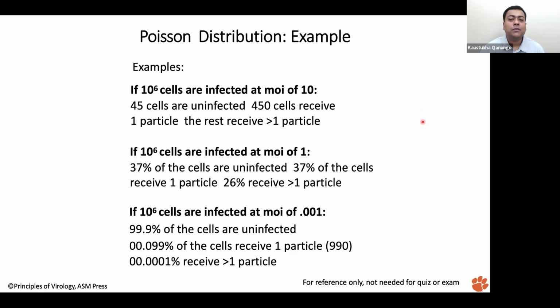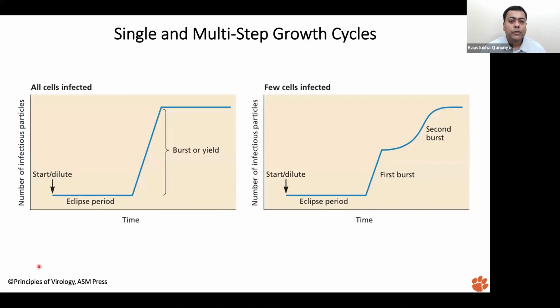So here is a question, who can answer this? If you want to infect the cells synchronously for an experiment, which is a one-step growth curve that you have seen already before,